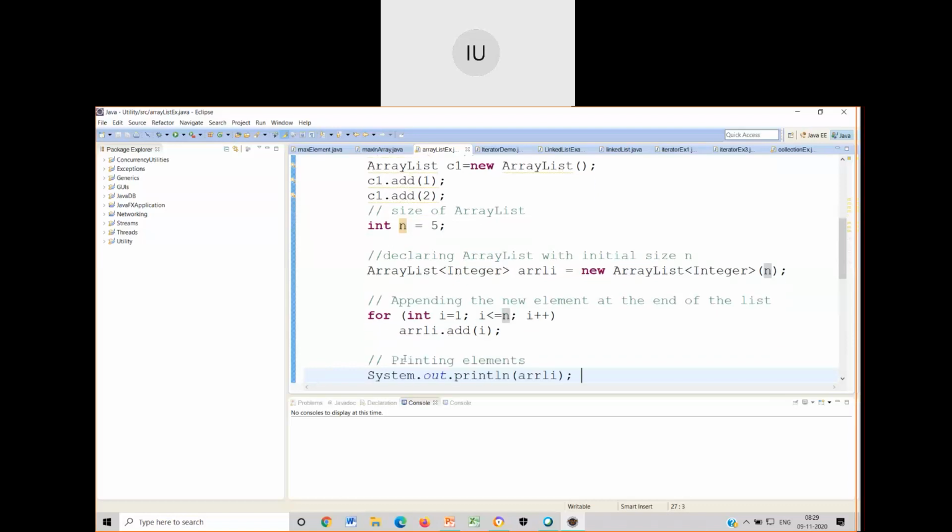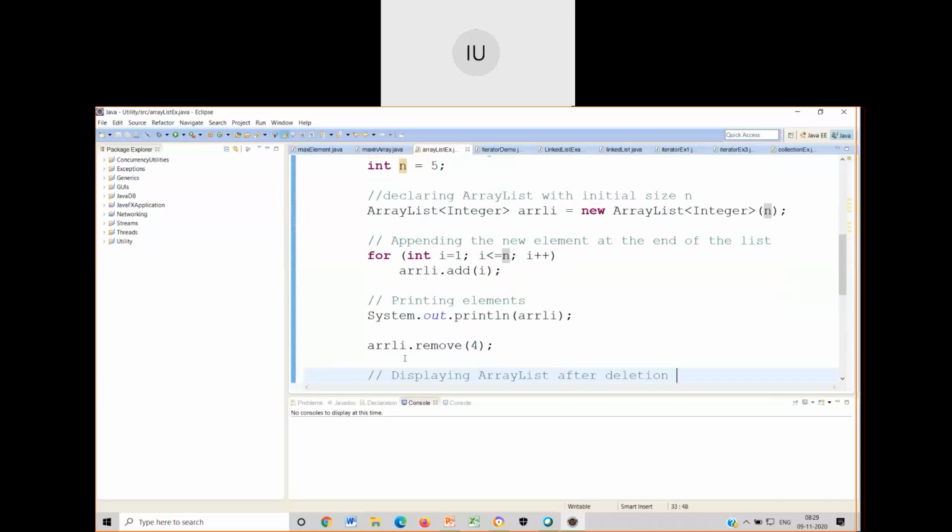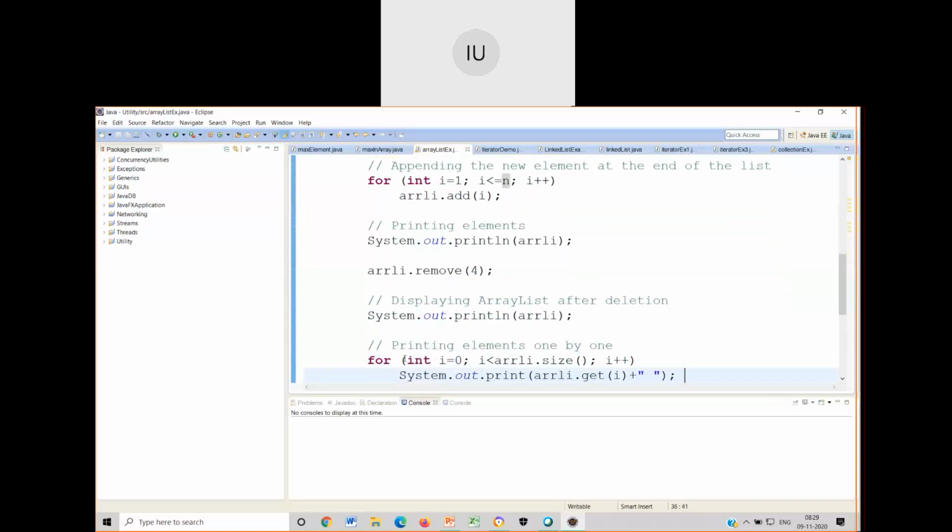Now, over here, look at this. This is the point I want to talk about. The next 6 to 7 lines are a bit different from the previous example that we have seen. In this case, apart from addition of elements, I have simply called remove at position 4. Whenever I add elements, they will be added at the rear end. This we have seen in the previous example.